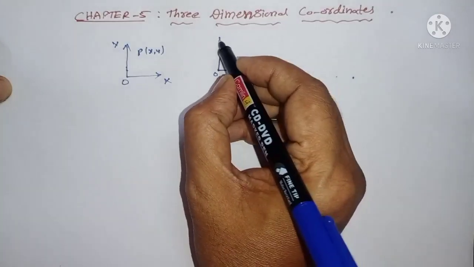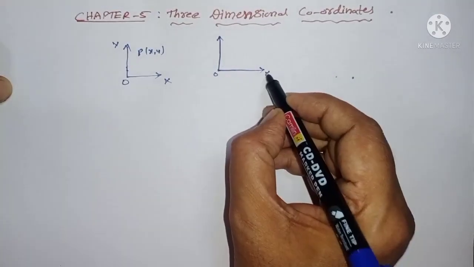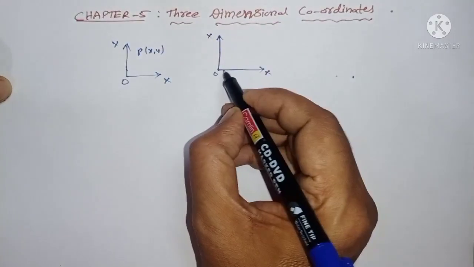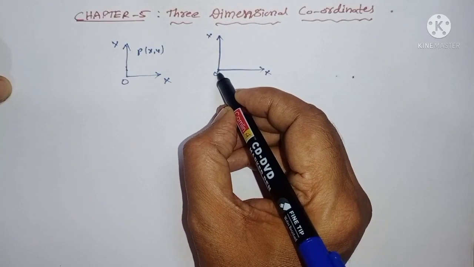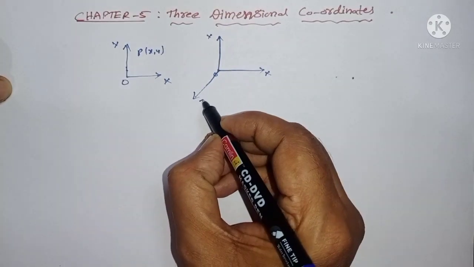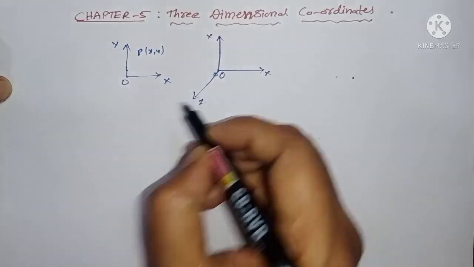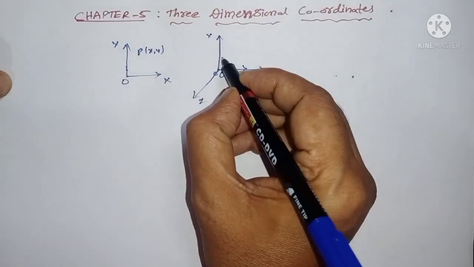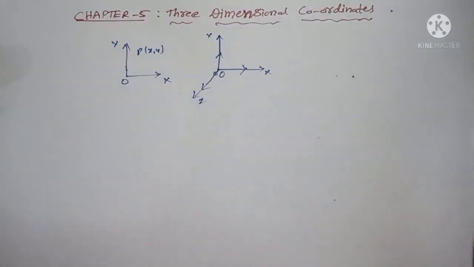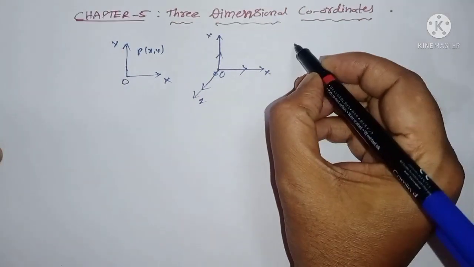You have another coordinate here, apart from the x coordinate, ox, and the y coordinate, oy. This is the third one: you can take a z coordinate, oz. The x-axis, y-axis and z-axis, ox, oy, oz, are what you can call the three-dimensional coordinates. For example, you can take a cube or cuboid.